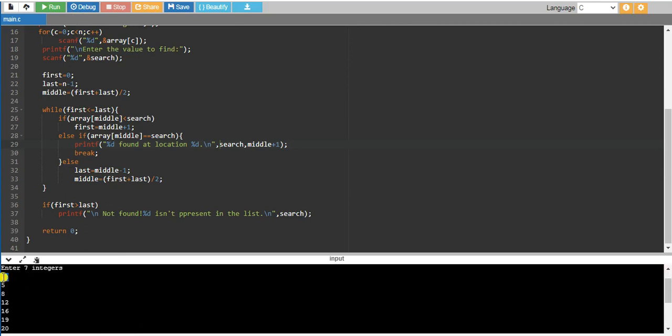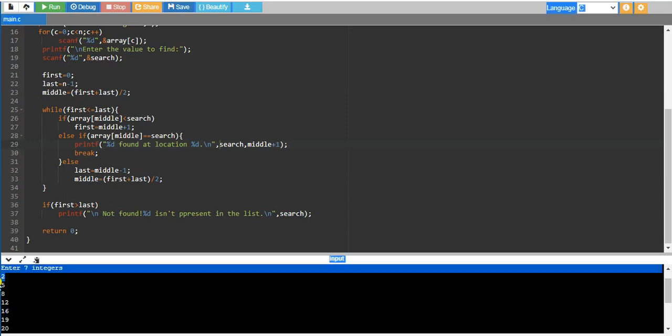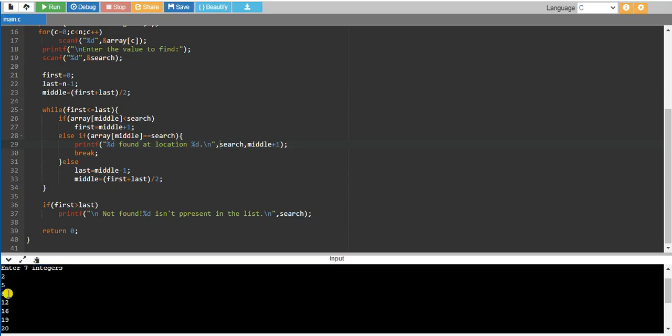This is at 0, 1, 2, 3, 4, that is from 0 to 4, that is the fifth location. 16 is at the fifth location. So 16 found at location 5, right?